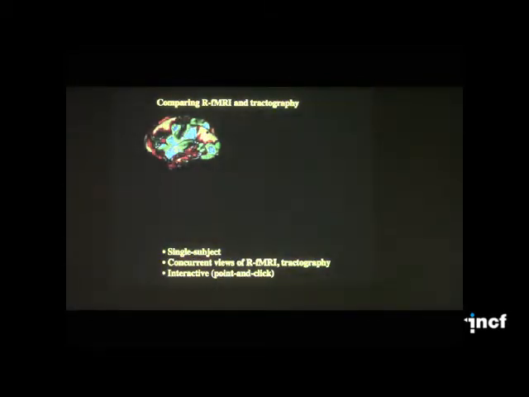And the kinds of approaches that we want to bring to bear is, for example, to compare resting state fMRI and tractography in detail in every individual subject. So here, for example, for this black node here, this is the pattern of resting state fMRI correlations and anti-correlations from that seed location. And this is the pattern of the diffusion tractography connections in the same subject using what are very preliminary analyses.